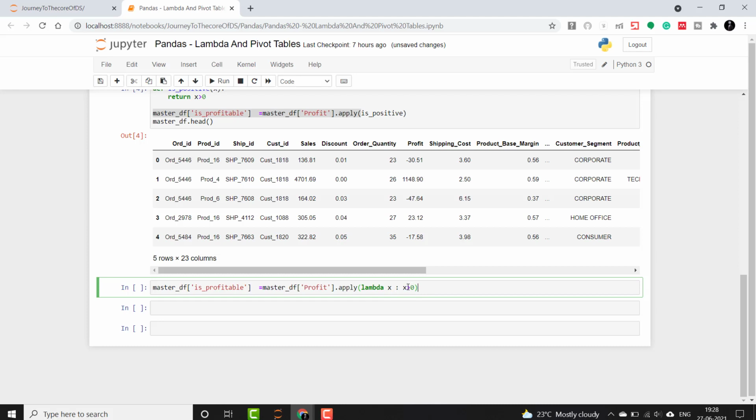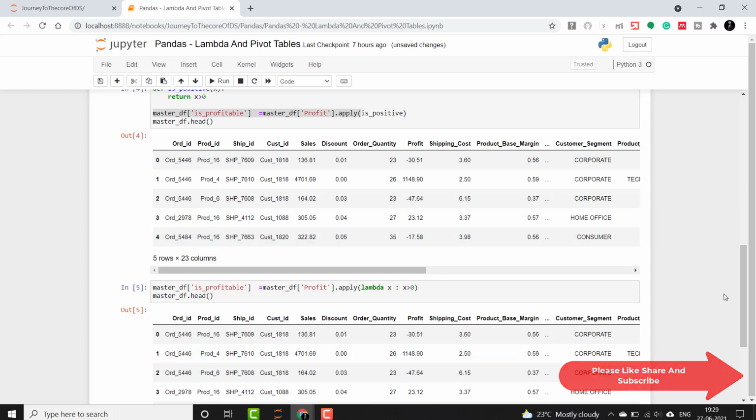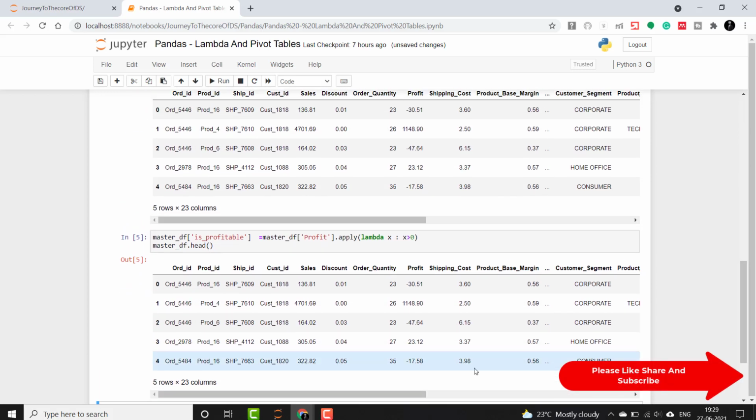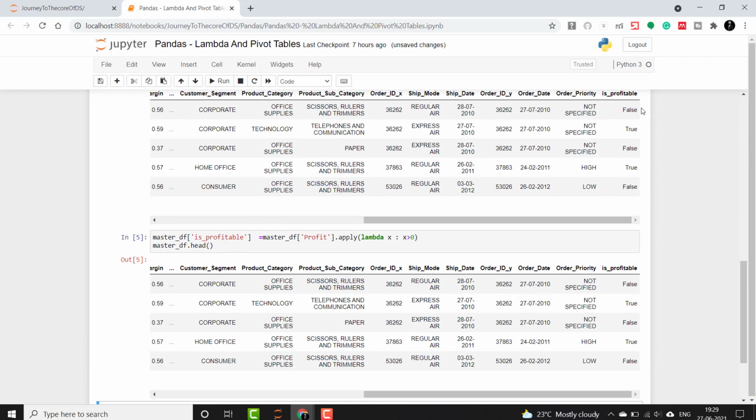In this case it will return true or false, and then again we will print master_df.head just to see if the output is the same.